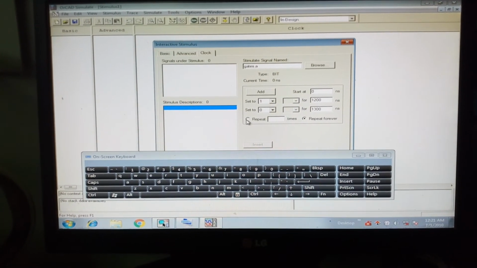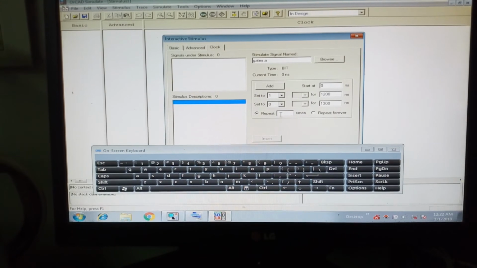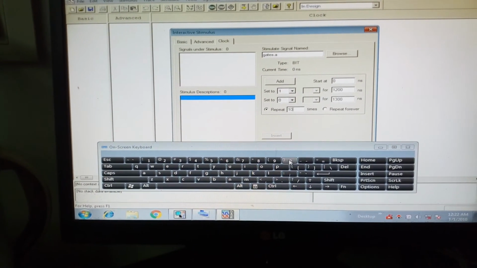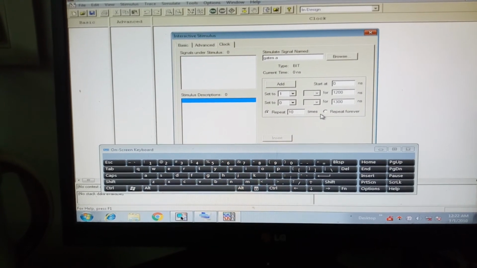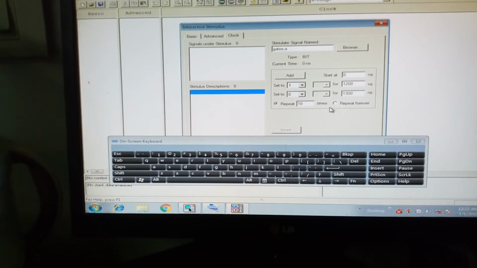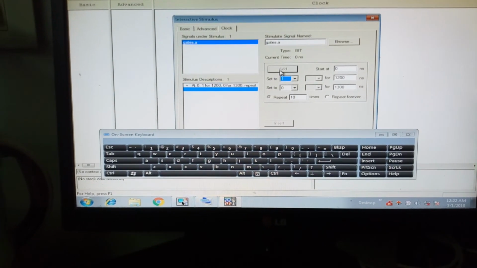I repeat the clock pulse, say, 10 times. I can repeat forever, or 10 times, whatever is as per your interest, and add this file.